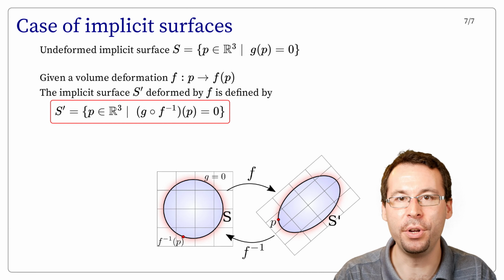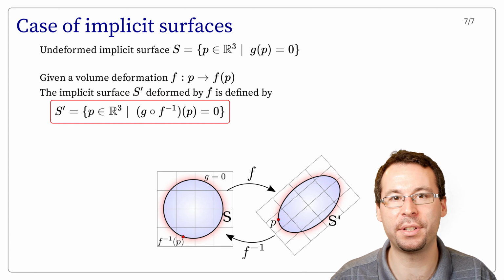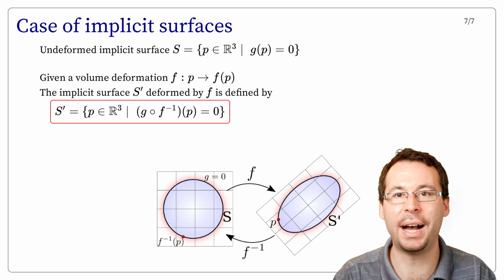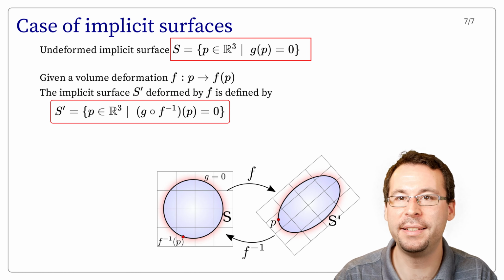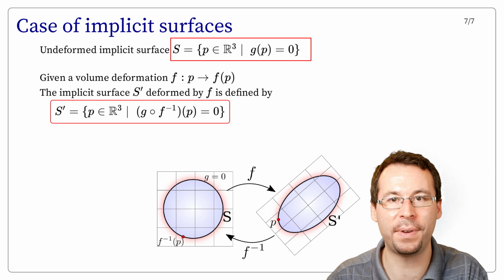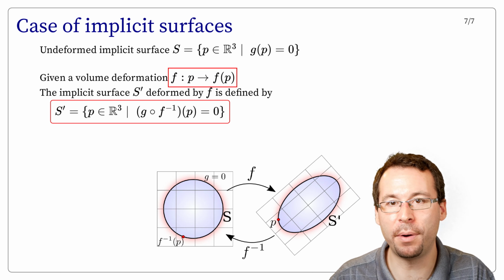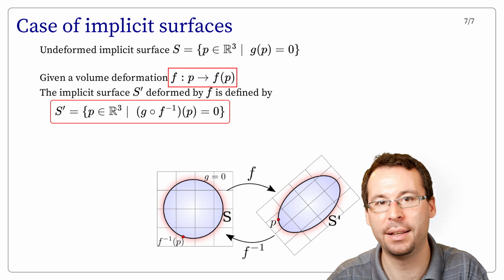And as a last point, we presented the case where we applied the deformation to vertex positions, so when we deal with explicit representation of surfaces. But in some cases, we may represent shapes as implicit surfaces, which are the iso-value of a scalar field. Let's suppose that this scalar field is described as J, and the surface to be the zero isosurface of J. And we want to apply the volume deformation F, which associates a position P to F of P.